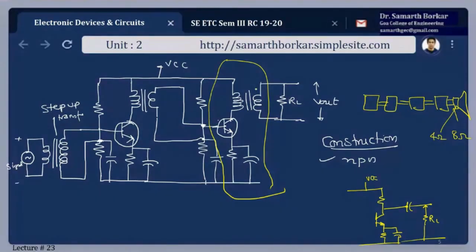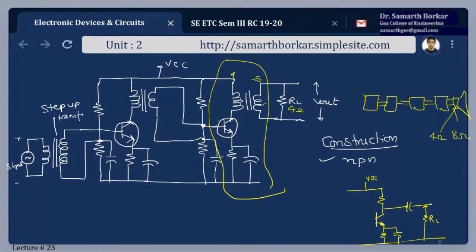Now, if you look at this particular transformer, the number of primary turns are more and the number of secondary turns are less. Here, when I say RL, RL can be your load. It can be anything. In this case, I can replace this resistor by the speaker notation, or I can write this as 4 ohms. So it is one and the same thing. When I say this resistor is 4 ohms, it is a kind of load. And what is that load? A speaker.